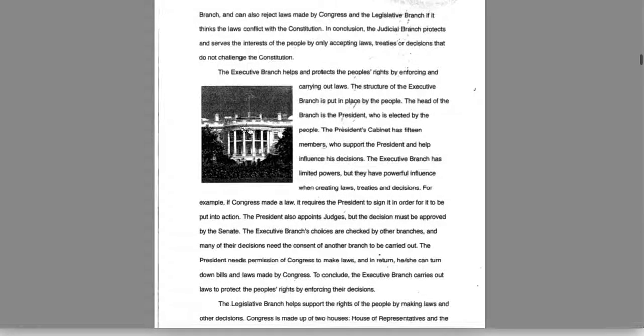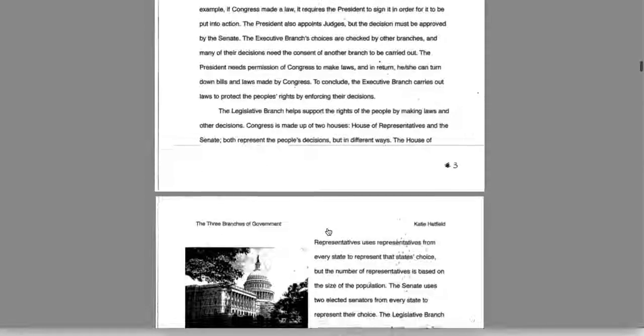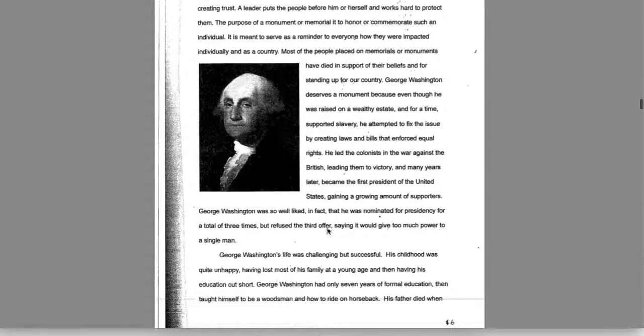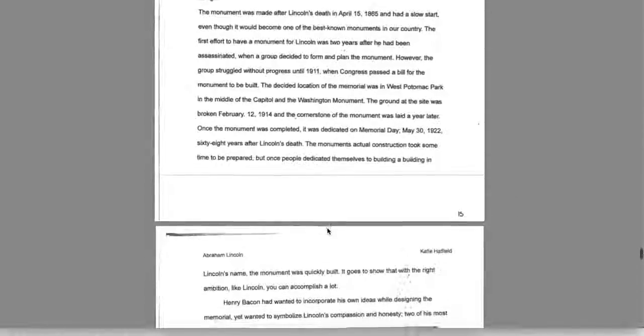And this particular student also decided to put in images from Google Images into her writing just to spice it up. That's something you can do too. But when it's all said and done, each report's about a page and a half long. The longer reports, like let's say a Jamestown, a 3 branches, a Mount Vernon, or Williamsburg, those tend to be about 2 pages long. And then you'll see another illustration for the Washington Monument comes up, and then she goes into the writing for the Washington Monument. Lincoln Memorial. Each year the project has changed a little bit, the amount of what's required, etc.